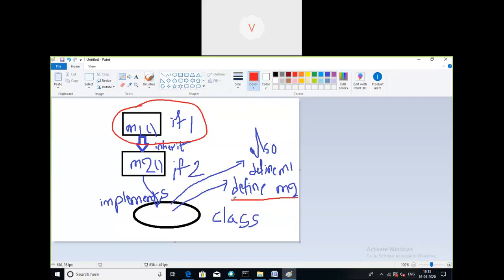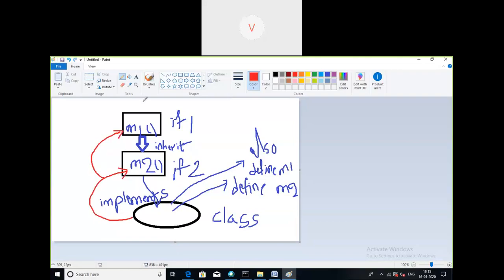But here what is happening? This interface 2 is inheriting properties from interface 1. That means whichever class is trying to implement this interface 2 should define all the methods present in interface 2 along with all the methods present in interface 1 also.